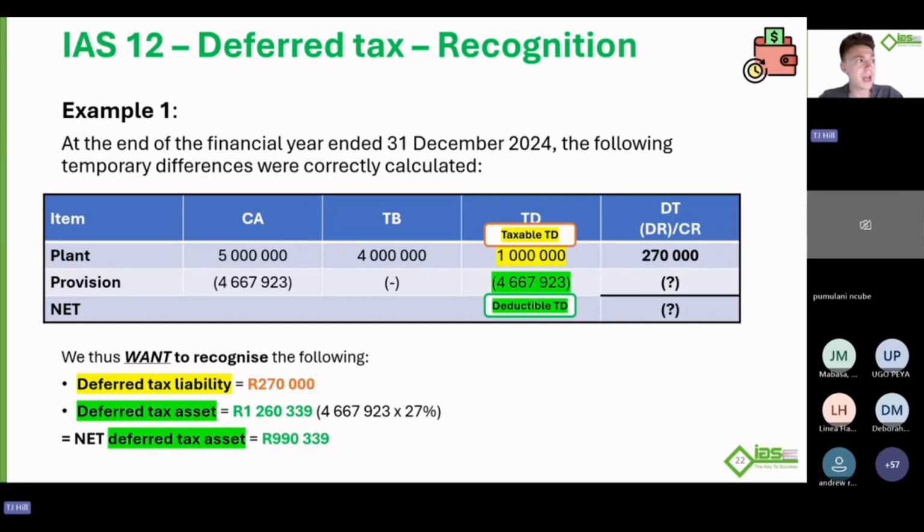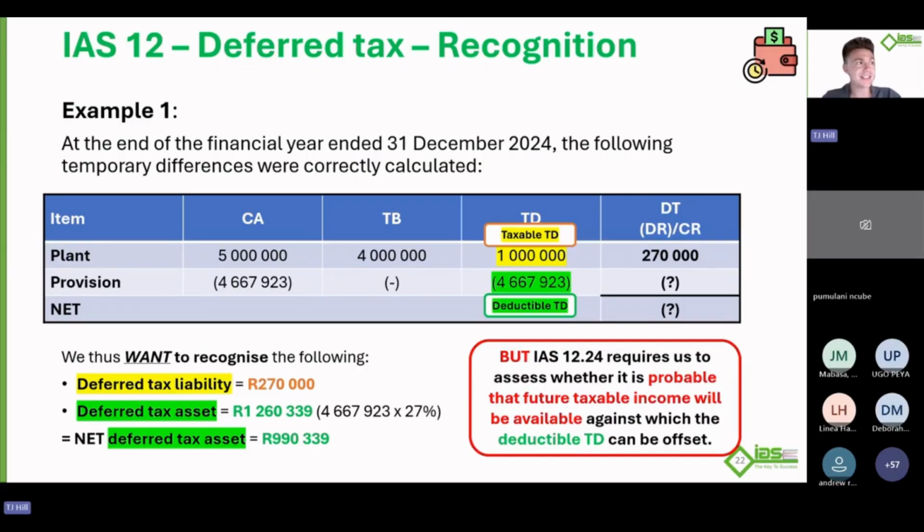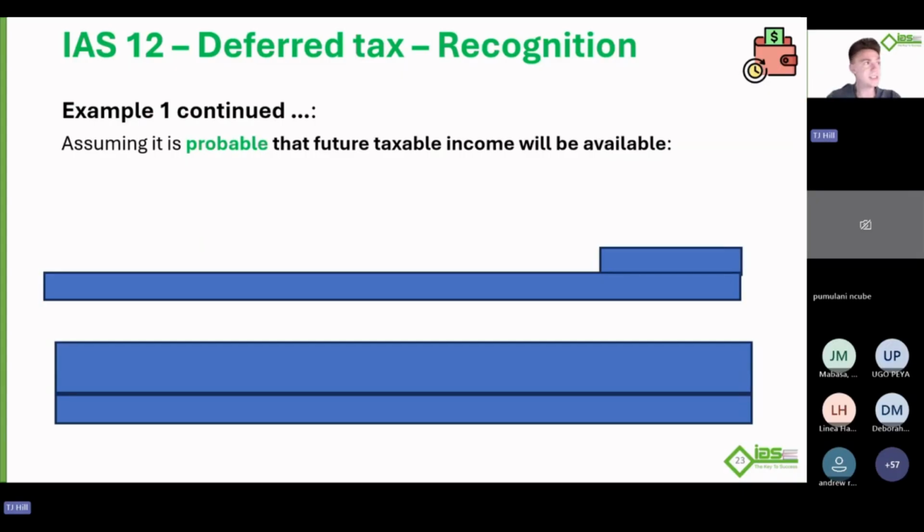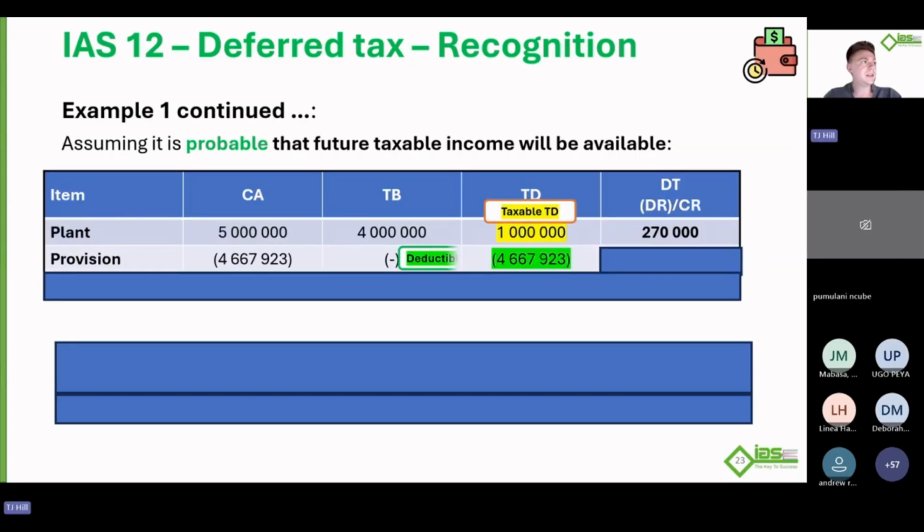Okay, I want to do that, but we just established you must first ask yourself a question. Well, is it probable that future taxable income will be available against which the deductible temporary difference can be offset? If the answer is yes, you can recognize the 990 net, or the full 1.26, you will recognize all of it, which will take you to a total of 990. If not, we will limit. So let's see what happens. If I say to you, with the same example, it is probable, the scenario will be,